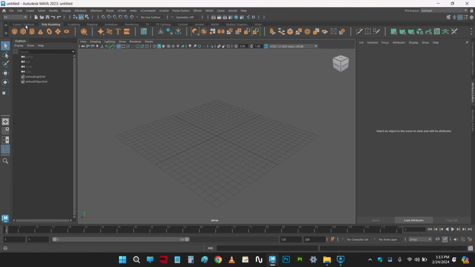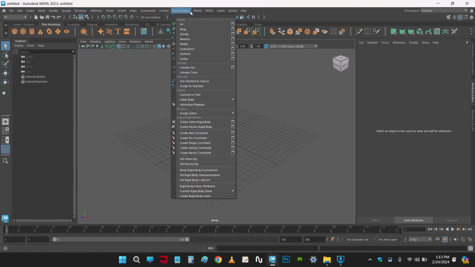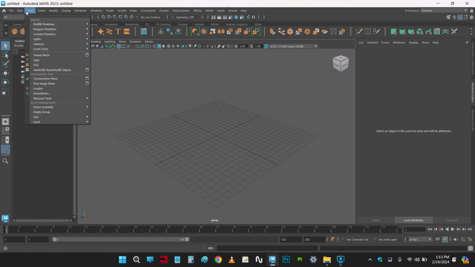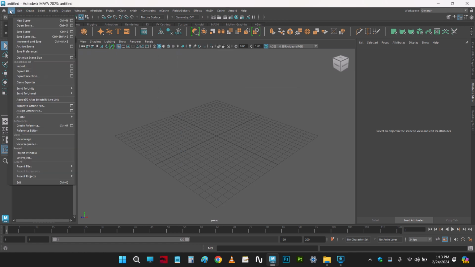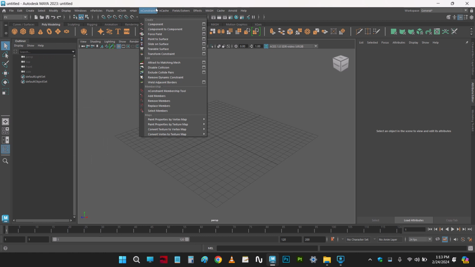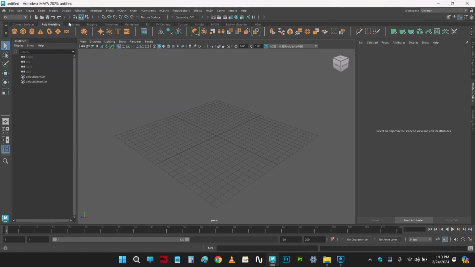So we'll start. These are my menus, the pull down menus. We have different menus starting from the file. As in other software, we also have the file and then edit options. According to Maya we have the file, edit, create, select, modify. Okay, so these are the things. And then at the bottom of these menus we have the status bar, and then below it we have